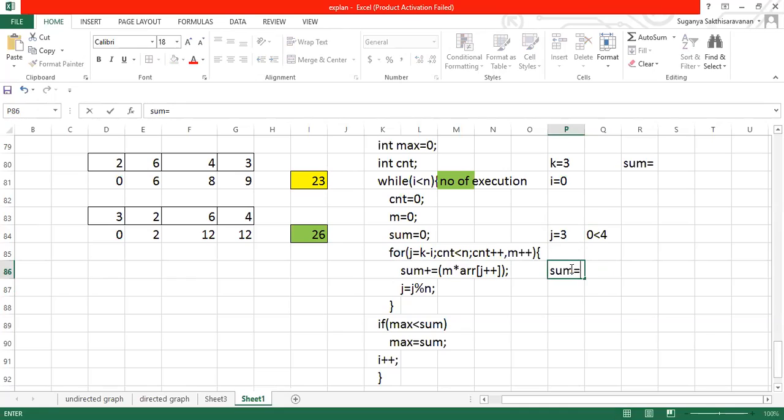So coming inside, what we are going to do is sum is going to be assigned with the existing sum. We're going to just keep on adding the previous value, right? Existing sum plus m value. What is the m here? M is all about the index quotient. This is our quotient. So you're supposed to multiply each and every time with our index quotient. This is what they stated here. So index quotient of the first value could be 0 into array of j plus plus.